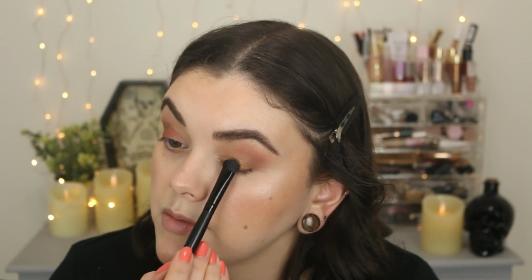This color is a little bit more warm coppery than I wanted. Alright, so I'm going to scratch that idea. I'm going to take a little bit of Height Street. It's more like a golden type shimmer, so maybe this will look a little bit better. I'm going to just blend that over top. Yeah, that's a little bit better. So it's a little bit more golden than I wanted it to be, but I'm just going to mix those two together on the